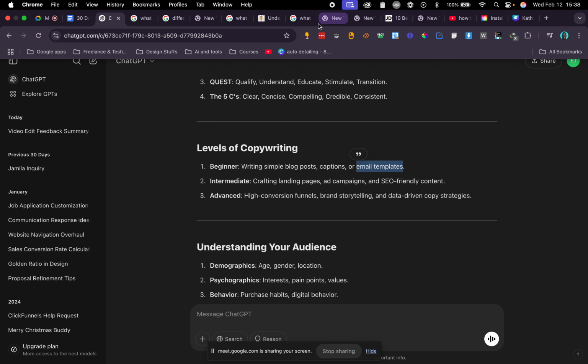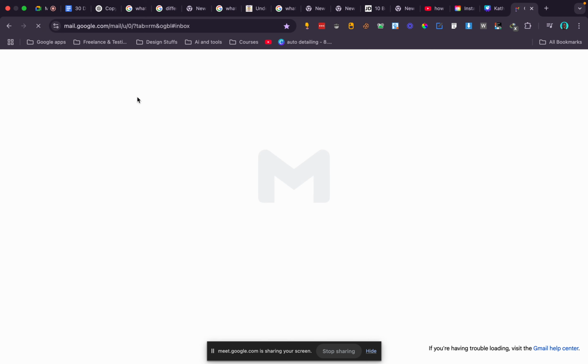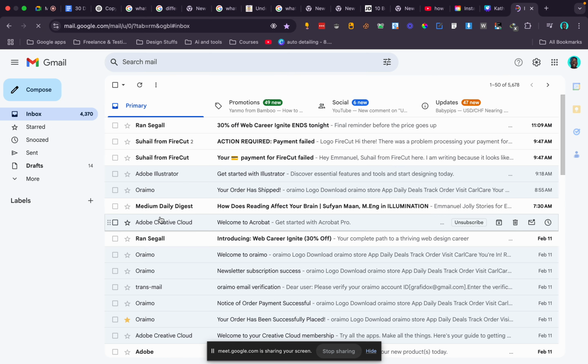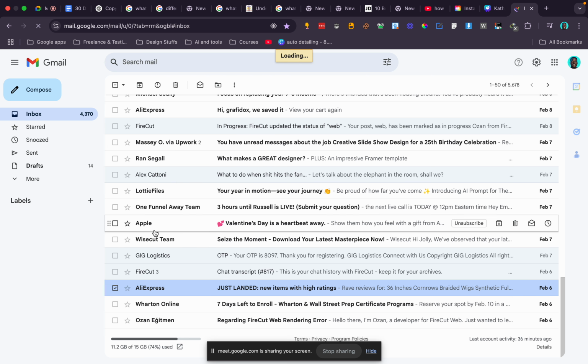Now, I don't know if I can show you what an email template is. Basically, you must have signed up on different sites where you get emails. Okay, this is from Apple.